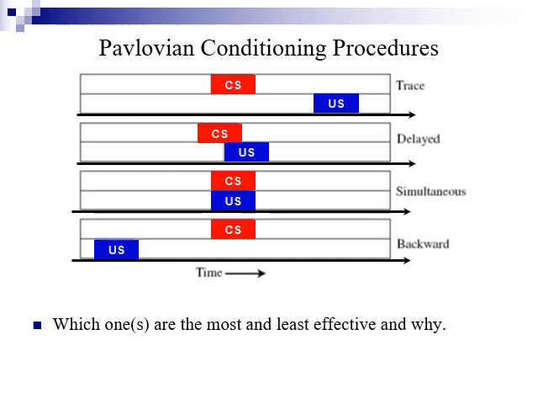As it turns out, the trace conditioning and delayed conditioning are both very effective, depending on some things that we'll talk about shortly. Backward conditioning can work, but not in the way that we've been talking about. And the least effective of all is simultaneous conditioning. Presenting the two together results in very little, if any, change in behavior.